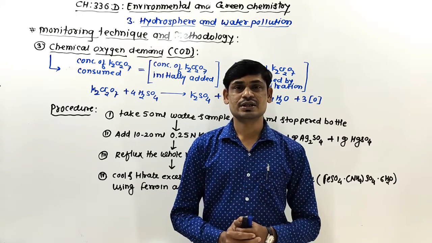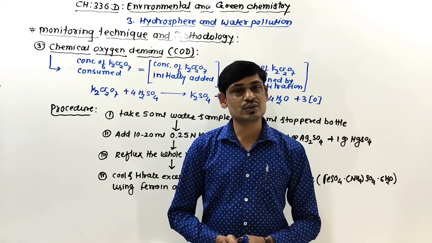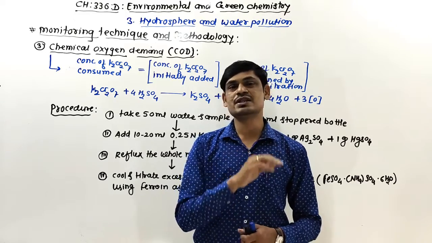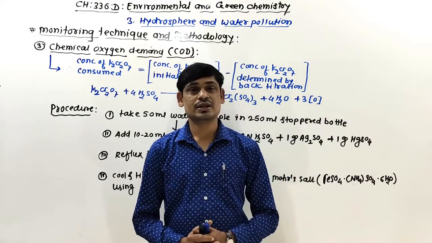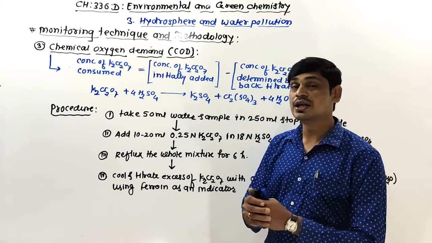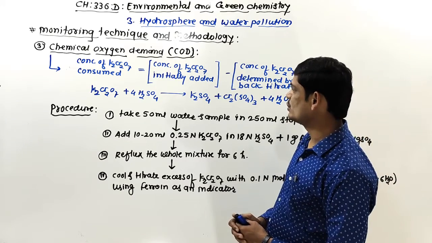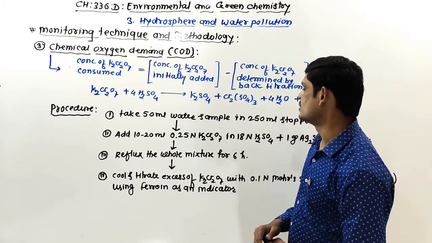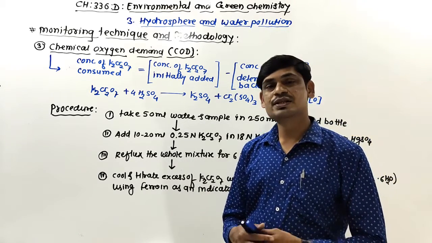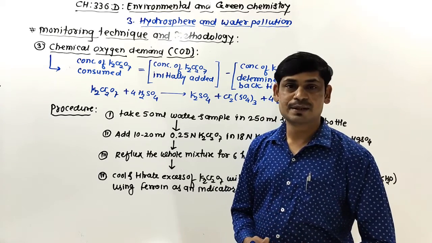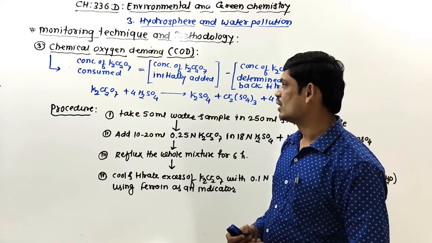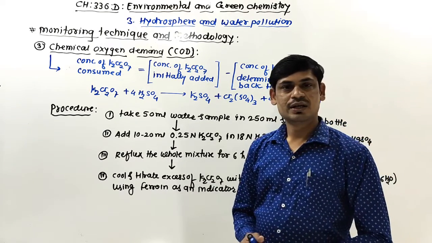During the COD, the organic matter is allowed to oxidize by adding a calculated amount of oxidizing agent. More probably, potassium dichromate is used in an acidic medium. So, the acidified potassium dichromate is added into the wastewater. The potassium dichromate oxidizes the organic matter present in the water, and the unconsumed, or we can say the remaining